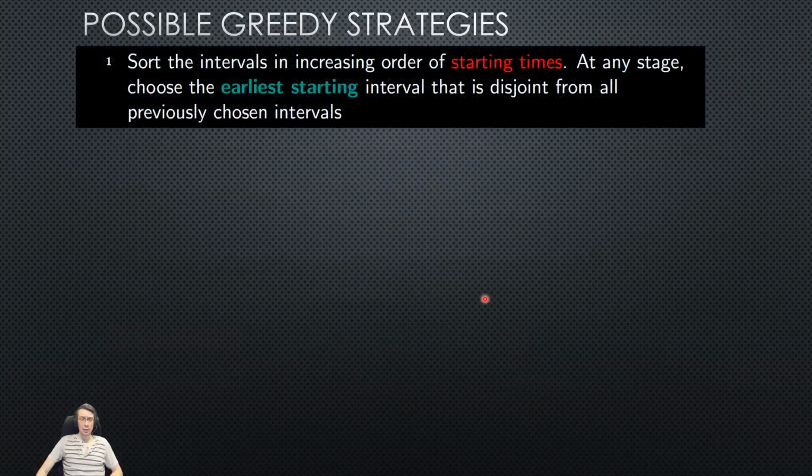So there are a few different greedy strategies that we could follow to solve this problem. Let's explore a couple of them briefly. So here's a first possible strategy. We could sort the intervals in increasing order of starting times. In other words, in each step, we could choose the earliest starting interval that's disjoint from all the previously chosen